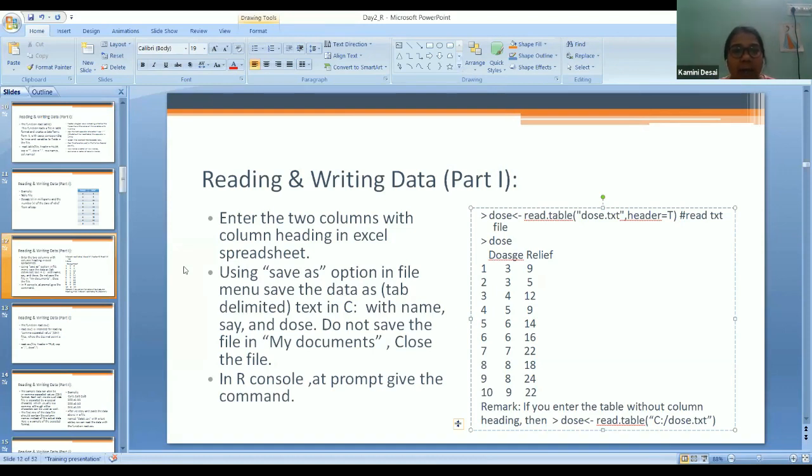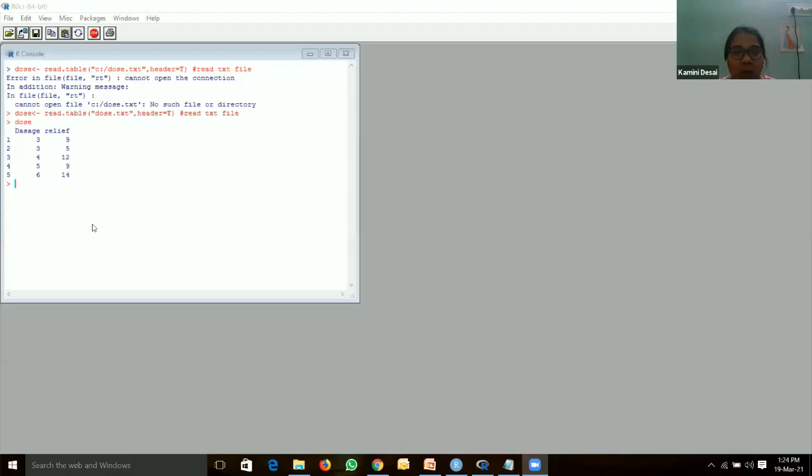If you again type this command, but remove header is equal to true, it is giving V1 V2. We don't want that variable name, we want doses and reliefs. That is why we have specifically given header is equal to true.